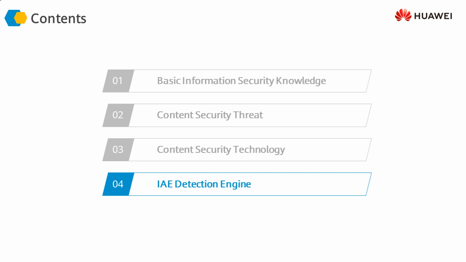The basic services are provided by the traditional firewall, by the firewall itself, let's say. But all the services that are provided beyond the traditional firewall capabilities are provided by the IAE engine. So the IAE engine is the one that is responsible for protecting your infrastructure from advanced threats and attacks.